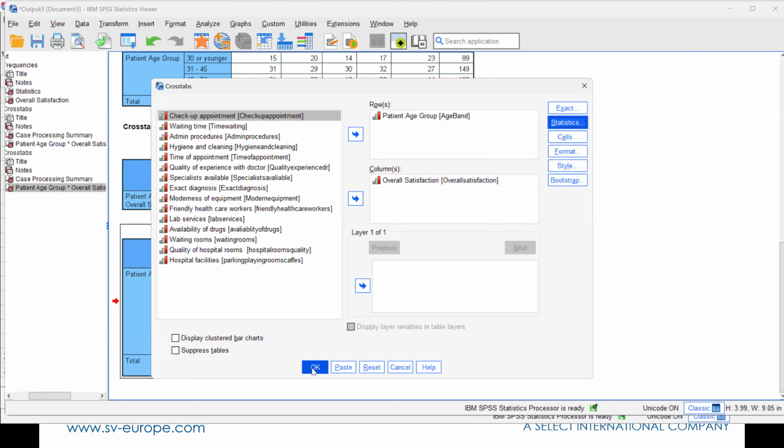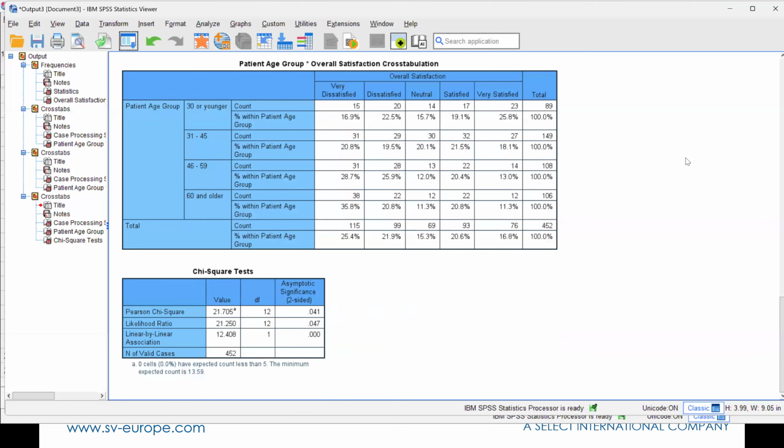Okay, if I click OK at that point, you can see that we get what's called a Pearson chi-square. This is a classic chi-square and a likelihood ratio value, which is a more modern version of a Pearson chi-square, better when you're dealing with smaller sample sizes. Either one you could quote here, but what's important is that most people would say this is statistically significant, but